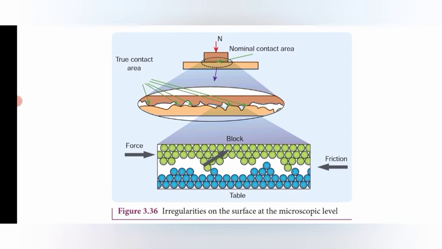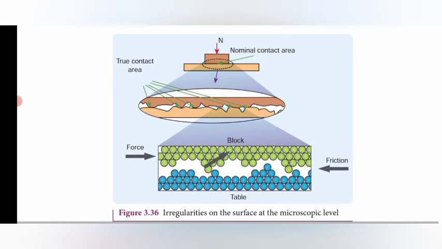The last picture, at the bottom, also shows the irregularities of the surface between the two objects. The green color and the blue color show the irregularities on the surface that we see at the microscopic level here. So friction is produced without using any methods of reducing friction. We have to minimize this, using oil or the ball bearing method. Then it cannot show irregularities like this. It is a very smooth manner, and it can move here and there like that. So this is the picture.